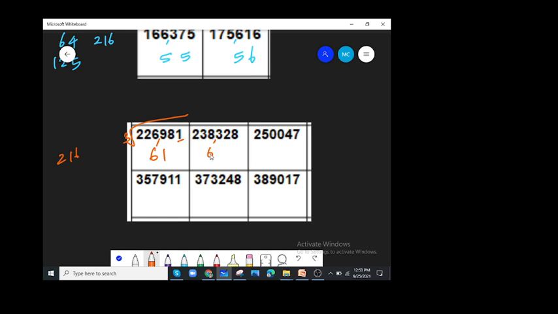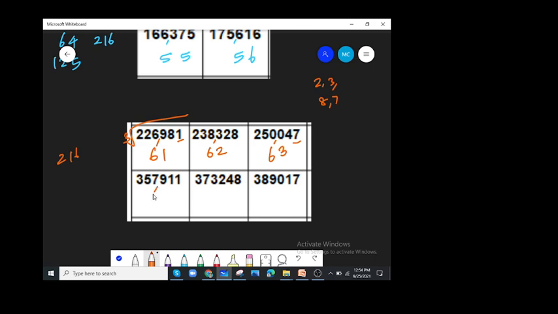238, that is 60. End with 8 means you have to take the difference from 10. Because 2, 3, 7, 8 end with the difference from 10. So here ending with 8 means the answer should end with 2. Next one. Yes, 63 is the correct answer. Because 7 differs from 10 by 3.